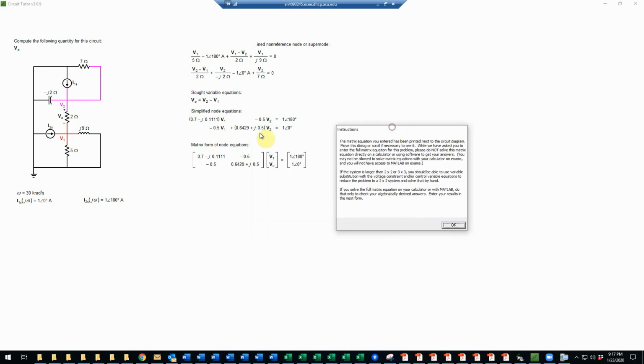Now the next step is going to be to actually solve for the variables v1 and v2. And remember, our SOT voltage involves both of those, so we will need to compute both of those values. Now,